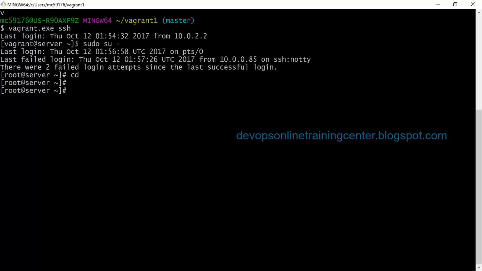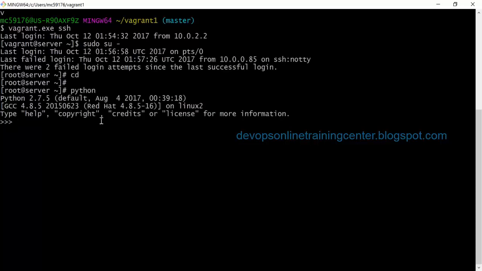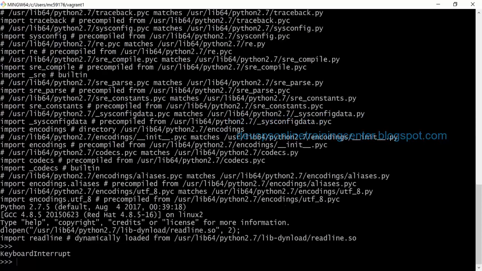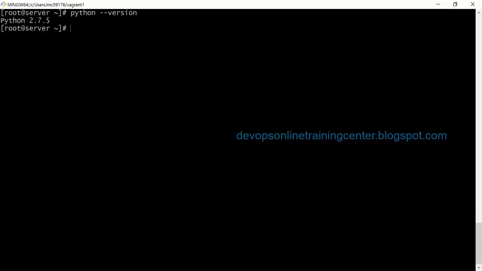Then how do I check if Python is installed? Just type python. If Python is installed, we'll go to this prompt. Okay, this is a prompt. To come out, type exit. Okay, so we can say python -v. Sorry, python --version. This will give you the Python version. 2.7.5 is the Python version.